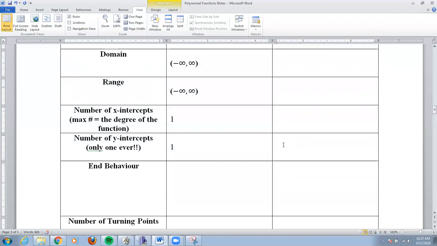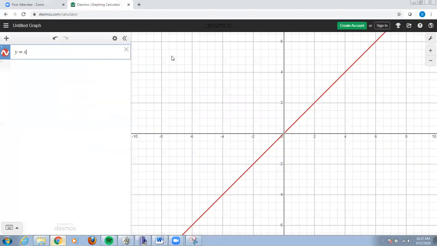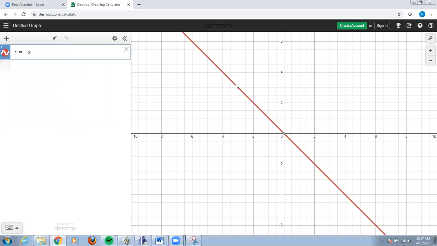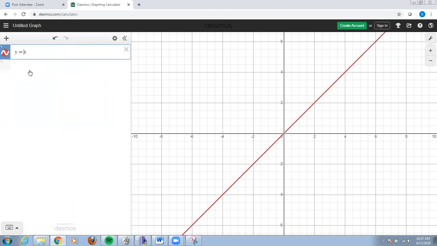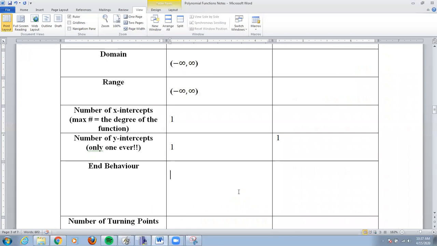Okay, so a quadratic would only ever have one y-intercept as well. Okay, the end behavior, well, in this case, if we go back to the Desmos, if it's positive, it goes from quadrant 3 to 1, but if we put a negative in front, notice it goes from 2 to 4. Okay, but our example was positive, so of course it goes from 3 to 1. And again, when we state the end behavior, it's always based on the graph that we observe. So the end behavior would be Q3